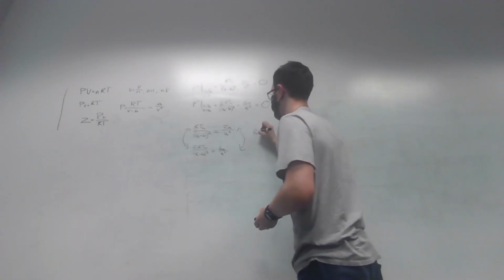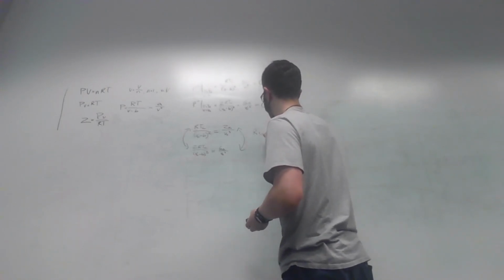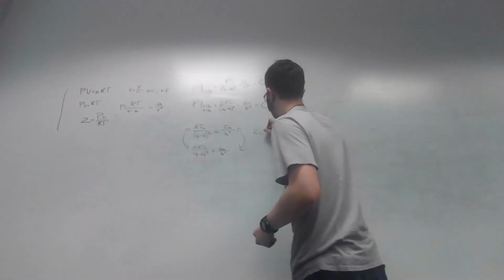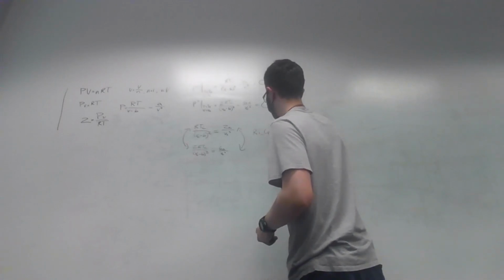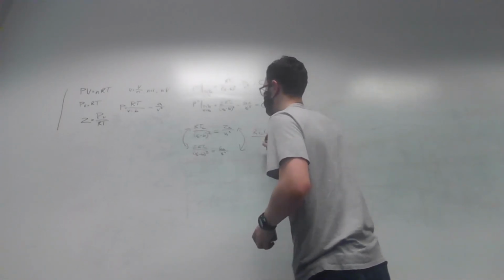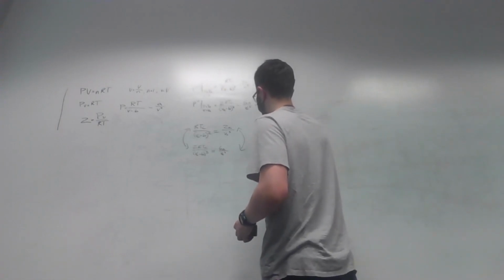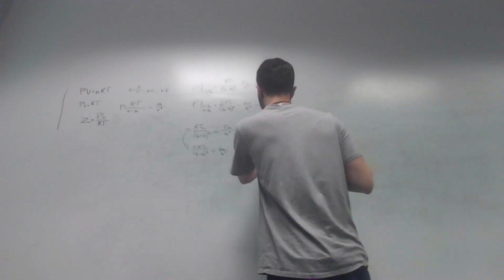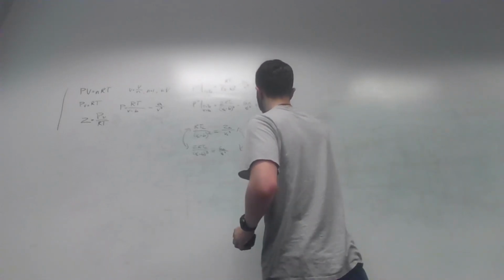R times critical temperature times the denominator here, critical volume minus B cubed over critical volume minus B squared times 2